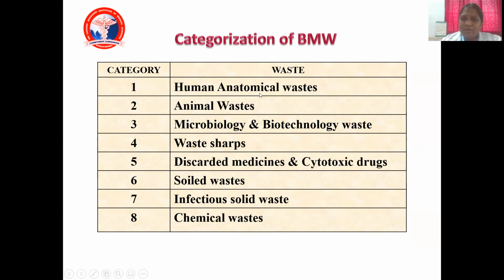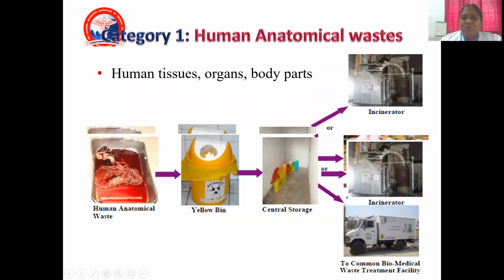One is human anatomical waste. Second one, category 2, is animal waste. Category 3 is microbiology and biotechnology waste. Category 4 is sharp waste. And 5th one is discarded medicine and cytotoxic drugs. 6th one is soiled waste. And 7th one is infectious solid waste. And 8th one is chemical waste. So with all these things,